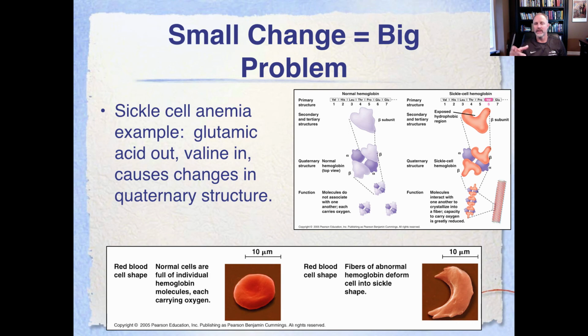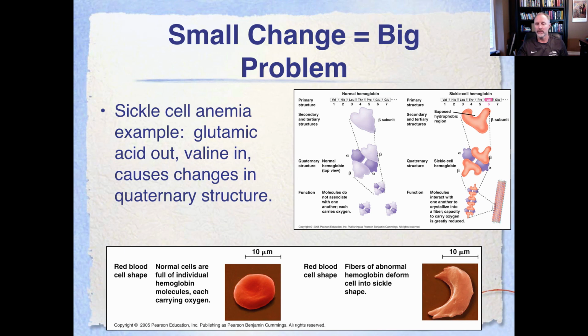So instead of having this nice rounded smooth red blood cell, it causes the red blood cell to actually change its shape. So that conformational change, that quaternary structural change in the hemoglobin has a dramatic impact on